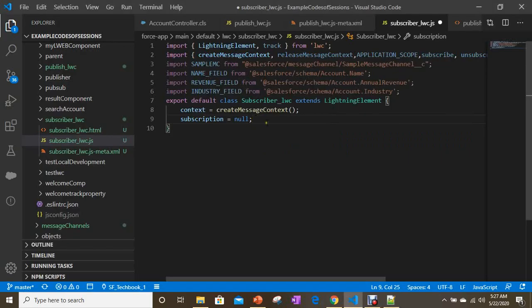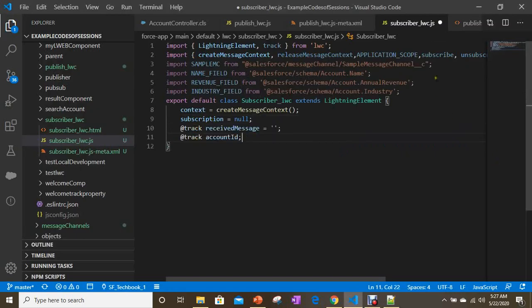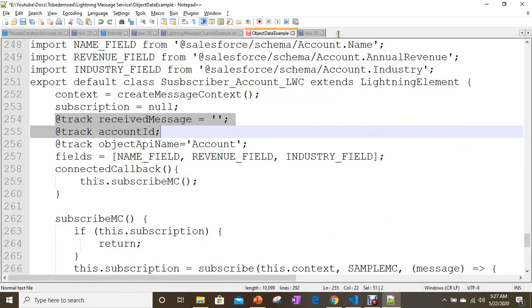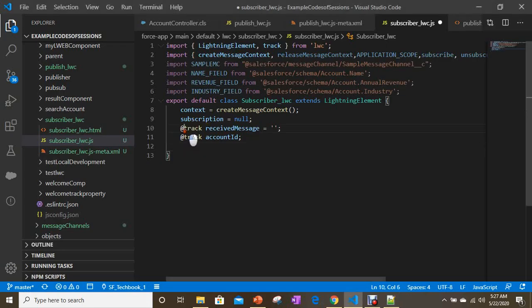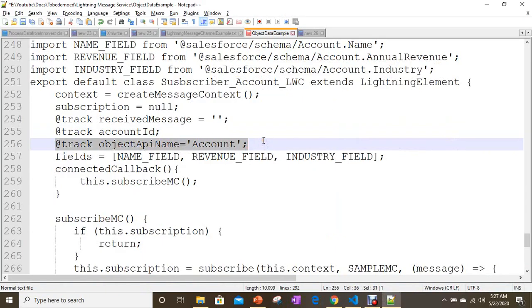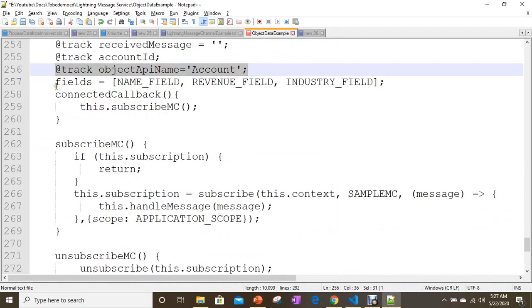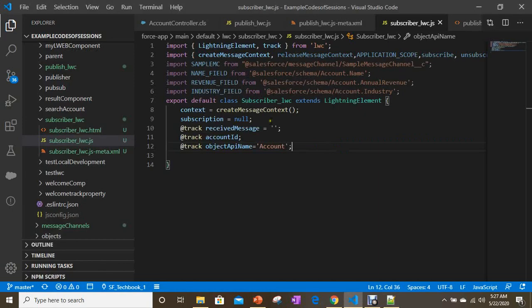And received message, if you want. Here in our case we are going to receive account ID. You can use this account ID without track also. Okay, now it supports an object API name, this one, and field names, preparing.